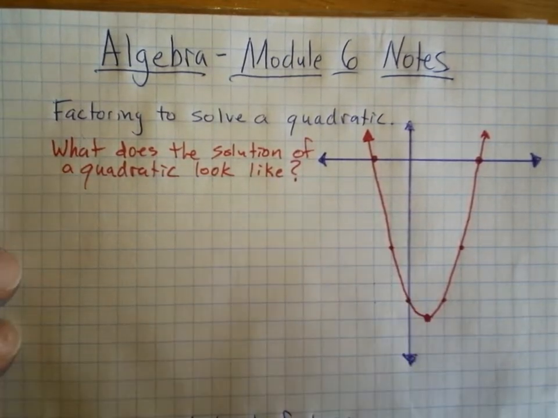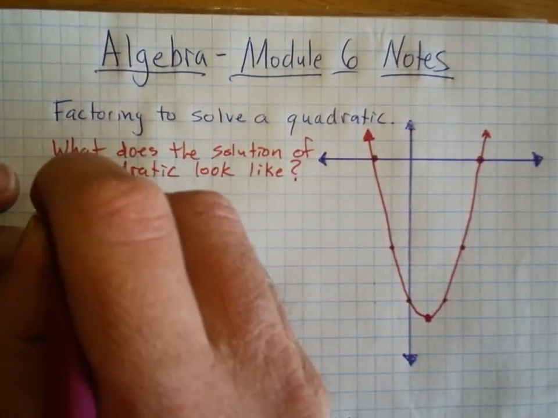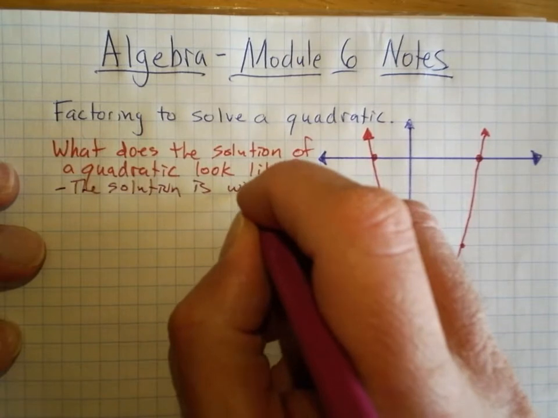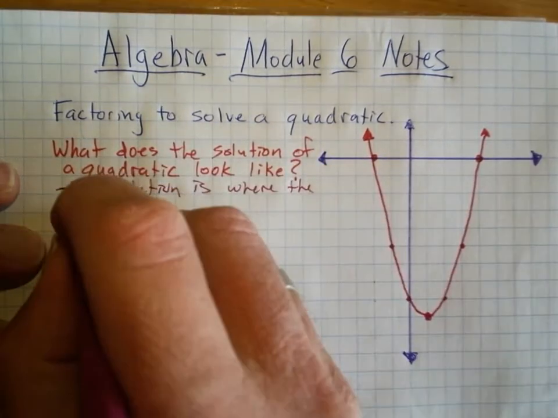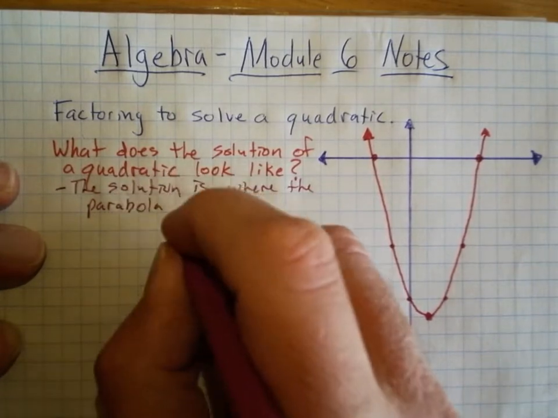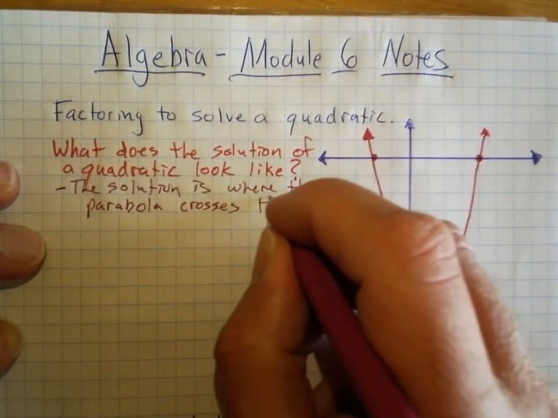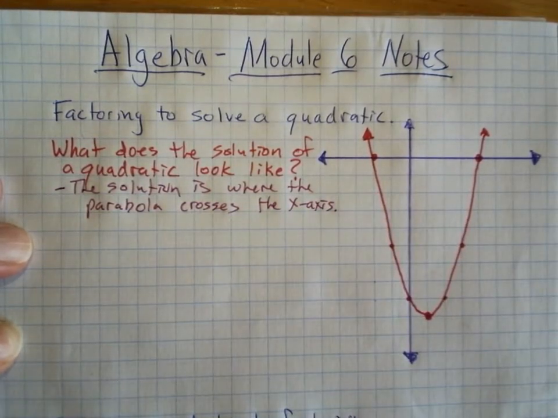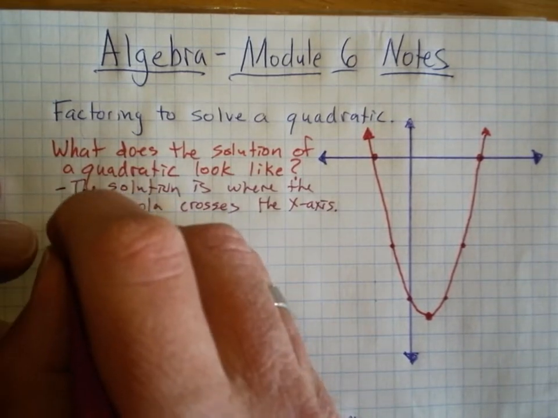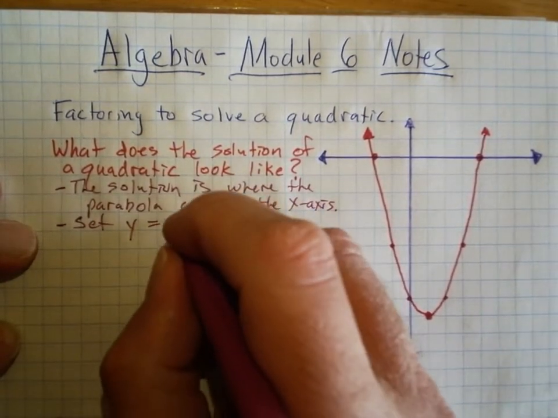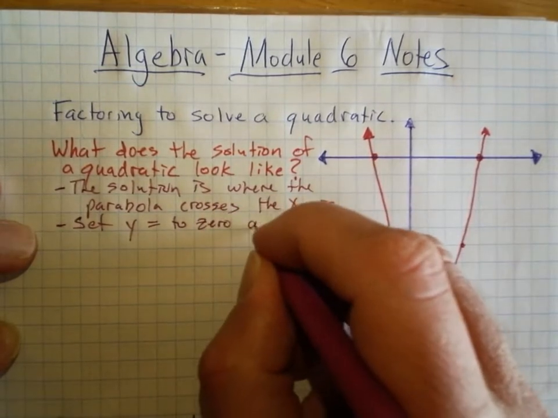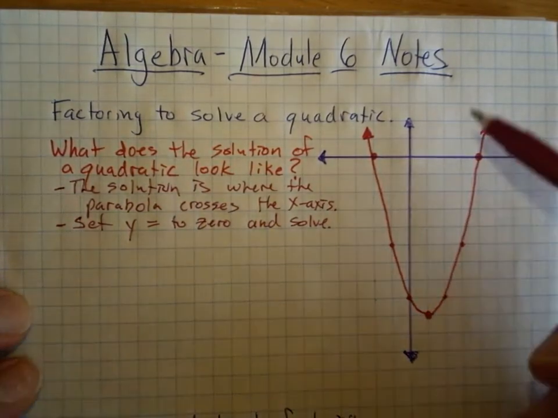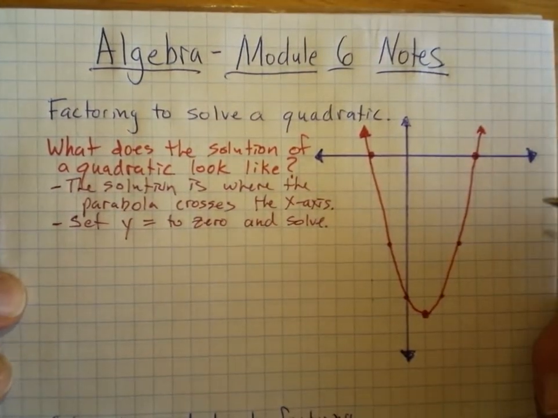When we're talking about the solution of a quadratic, the solution is where the parabola crosses the x-axis. Or in other words, you set the equation equal to 0, set y equal to 0, and solve. Okay? So when you look at this graph of this parabola,